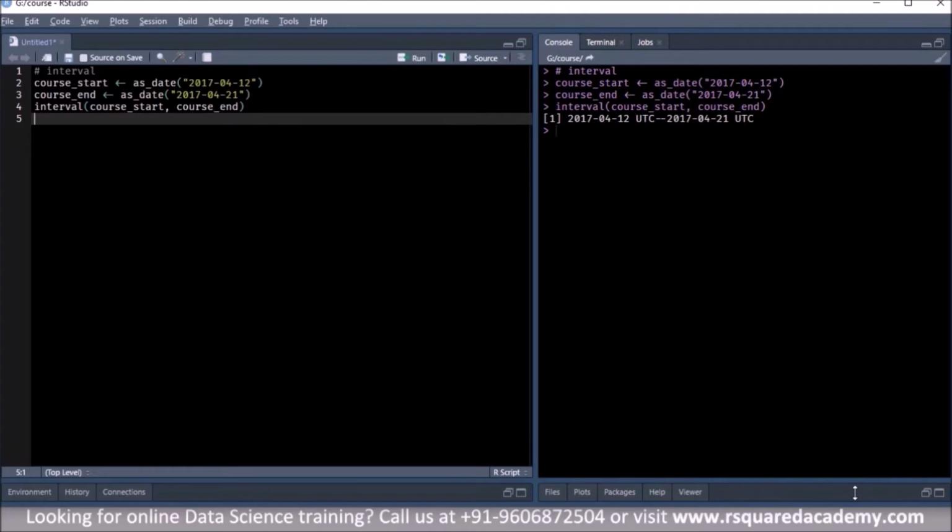So now what we'll do is create another interval which will have the vacation start date and the vacation end date, and we'll use a function called interval overlaps. Using that we'll check if the two intervals overlap. If that function returns the value true, then we know that these two intervals overlap, so the vacation is going to clash with the course. Otherwise we know that these two intervals do not overlap, so the vacation dates and the course dates are not clashing.